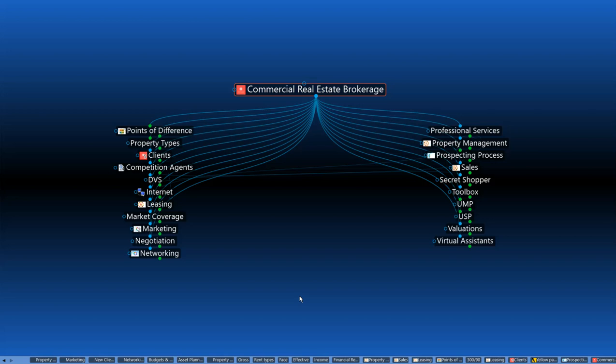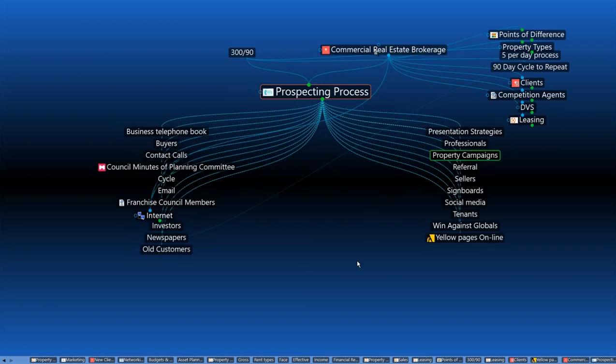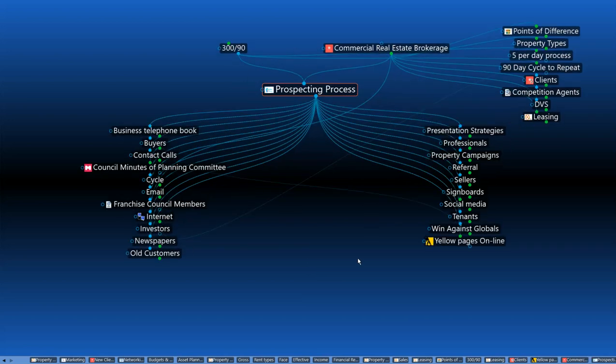So now, let's go further into this particular matrix. I use this many times in workshops around the world, and of course I have refined it, shaped it and changed it as I've worked with different teams in different locations. Today I want to talk about one thing, and that is the prospecting process, the way in which you can attract new business. So if I go into that particular topic here, you can see there are many different channels